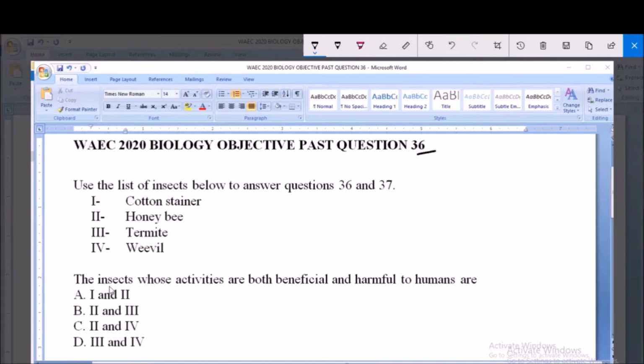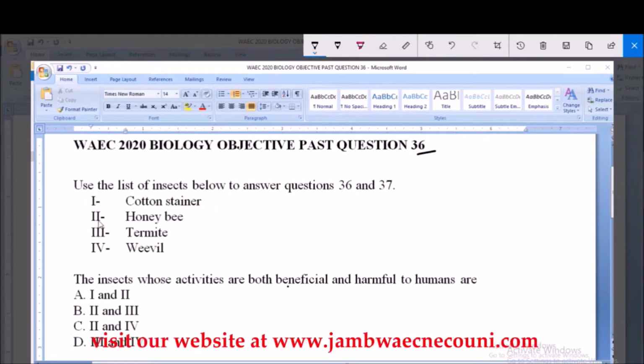Now, 36. The insects whose activities are both beneficial and harmful to humans are: A. 1 and 2, B. 2 and 3, C. 2 and 4, D. 3 and 4. So let's take a look at each of the insects. Now, cotton stainer is not known to have any benefit to humans. So number 2, honeybee